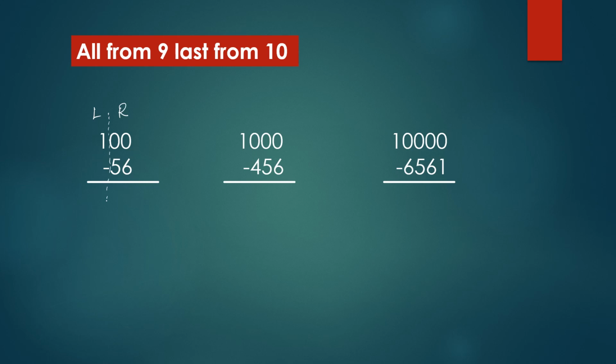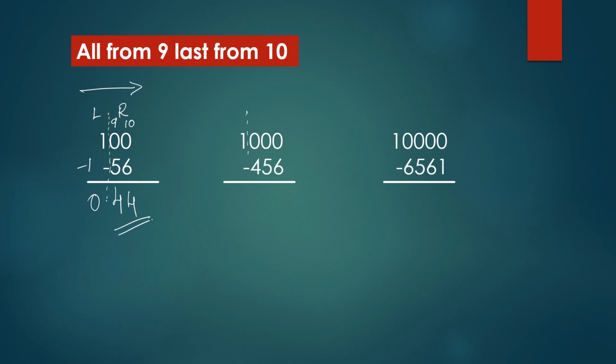That is left and right. Let's say for example, on the left hand side, whatever the number we have, we have to do minus 1. It can be 12, 12 minus 1, 1 minus 1, 2, 2 minus 1, like this. 1 minus 1 here, 0. And on the right hand side, here we apply all from 9 and last from 10. All from 9, last from 10, which means from left to right we have to go. That is 9 here, 10 here. 9 minus 5, 4, 10 minus 6, 4, 44.